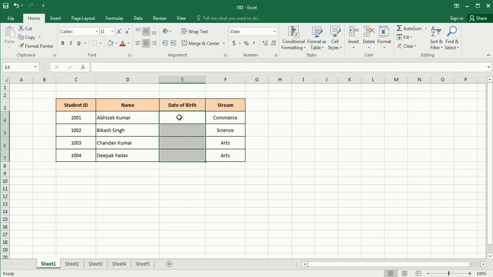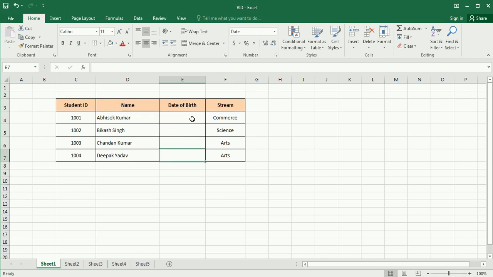In order to make it easy for the user as well as us to understand the date of birth format we should use to write here, we can use one simple function called tooltip. Tooltip is a message that will appear every time the user or we select one specific cell.